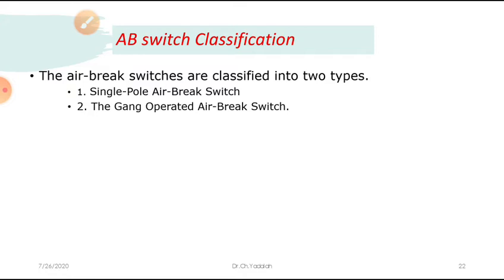The AB switches are installed in two ways, either horizontally or vertically. It is placed on the pole top or in pad mounted metal enclosures. So whether the moving contact is moving horizontally or vertically, we are using a mechanical mechanism to close or open the switches. These are a few salient points of the AB switch.